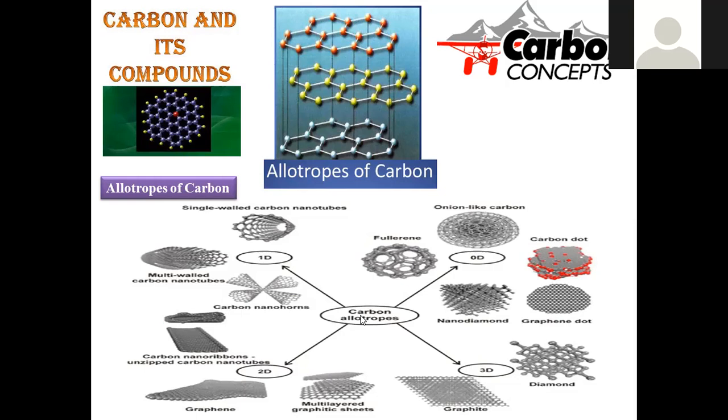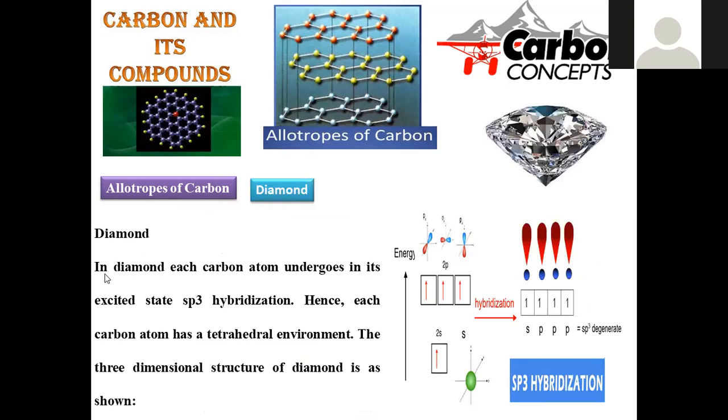In so many ways, these carbon nanomaterials as well as carbon amorphous forms and crystalline forms are available. All these are part of the allotropy of carbon itself. Earlier we completed the amorphous kind of allotropic forms. Now we have entered into the crystalline forms of allotropy. The crystalline form arises when all the atoms are systematically arranged in a regular three-dimensional network. Diamond is the simplest example in this category.